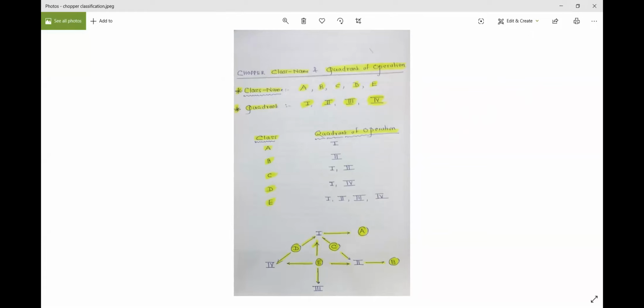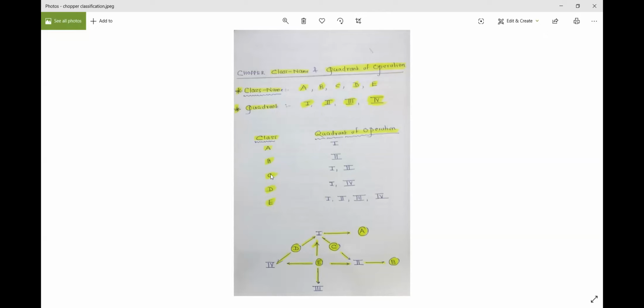Can you tell me which is the quadrant of operation if VLAVG is positive and ILAVG is also positive? First quadrant. And now tell me, positive load voltage and negative load current will mean which quadrant of operation? Second quadrant. Very good. We already discussed in the class that voltage is represented on the plus and minus y-axis and current is denoted on the plus and minus x-axis. So when we say that the current is negative, that means the operation shifts to quadrant number 2.